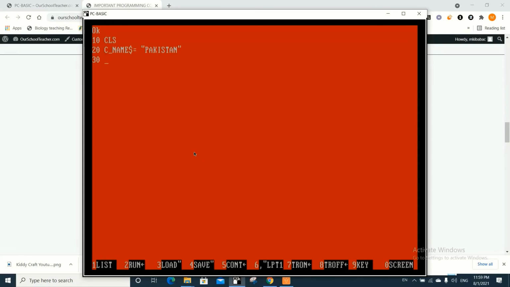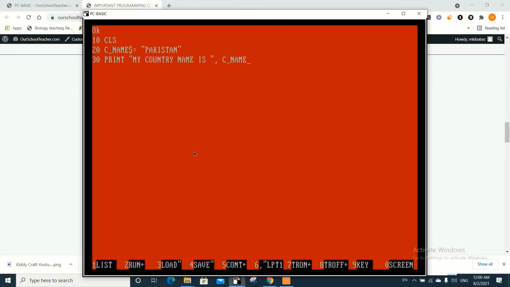Then on line number 30, I use the print command, and first I will print some message. "My country name is", this will be enclosed. Now I need to retrieve data from the variable. I will write here C underscore, the variable name which I have already used. Mind it, name can be used as a part of the variable name because I have already used C and underscore with it.